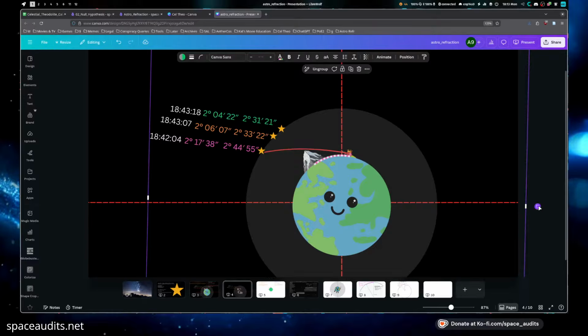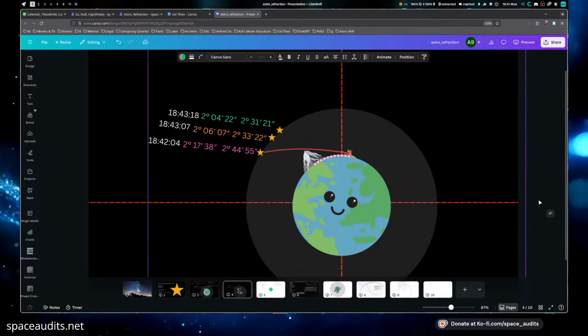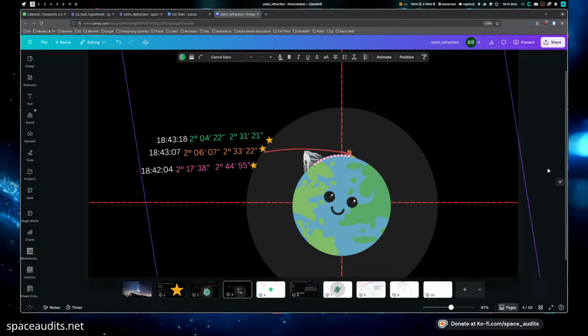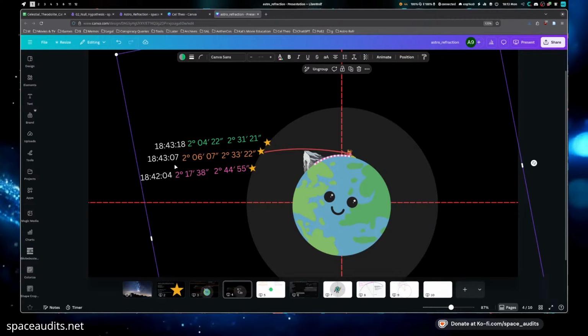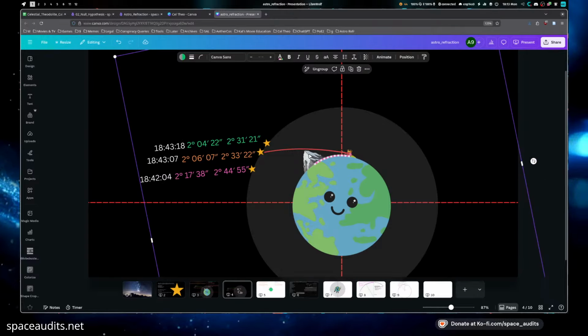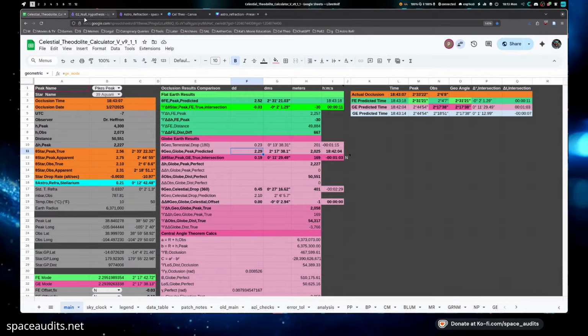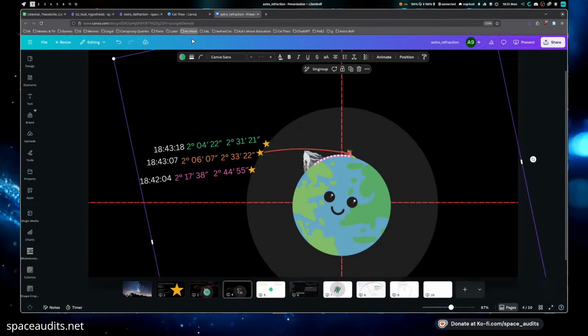So anyway, this intersection was completely missed, and 2 minutes 30 seconds goes by. Now the star is at 206 for the observer, and it's at 233 with respect to the peak, and this is where it finally gets occluded. So what do we do with this information now? Now we have our actual occlusion time. The orange is noted as the actual occlusion time.